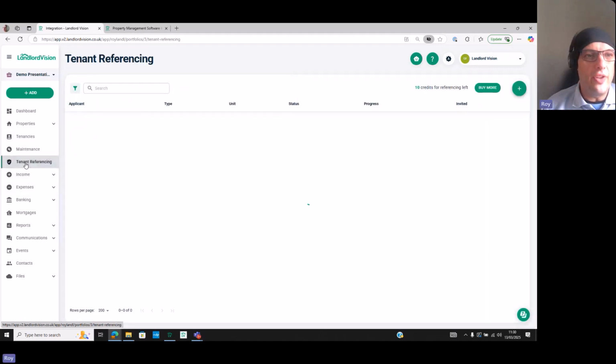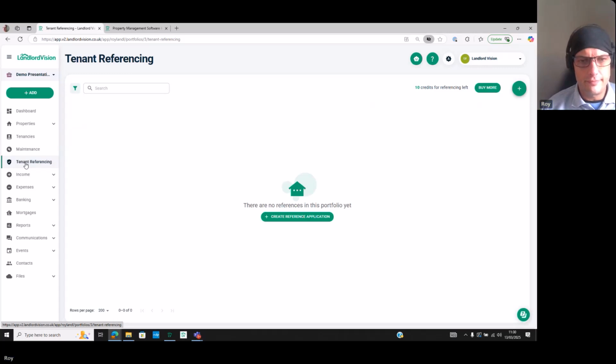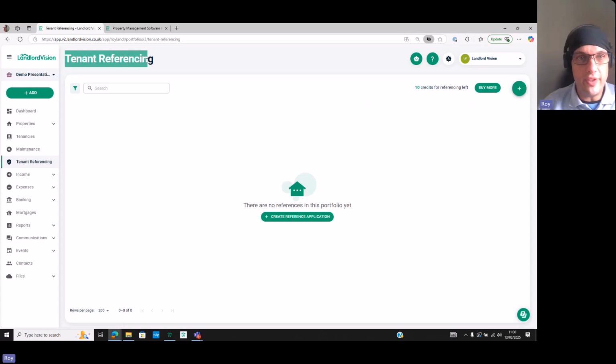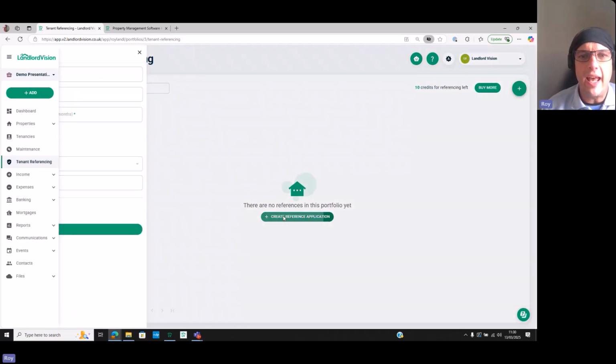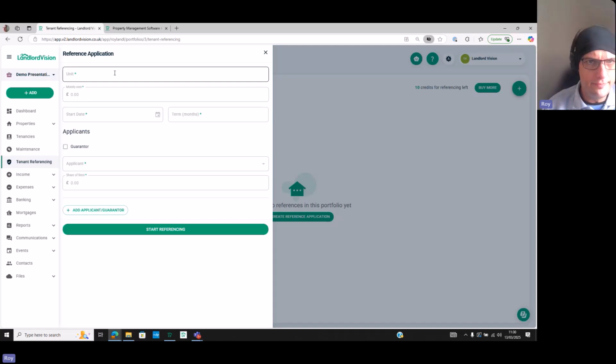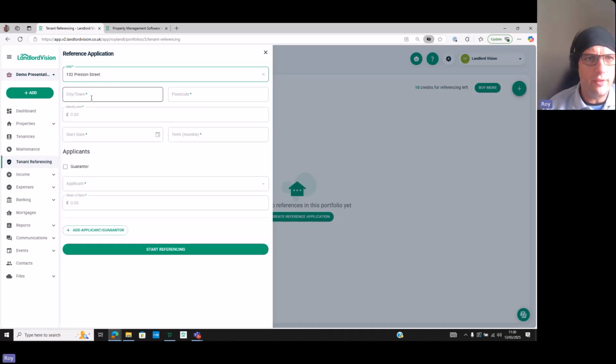Also within the enterprise plan, we have a new feature called tenant referencing. All the features in the new enterprise plan are brand new. We've never had them before. The new one is tenant referencing. I can add a reference application, assign it to a unit, put in the address details, put in what the rent is,